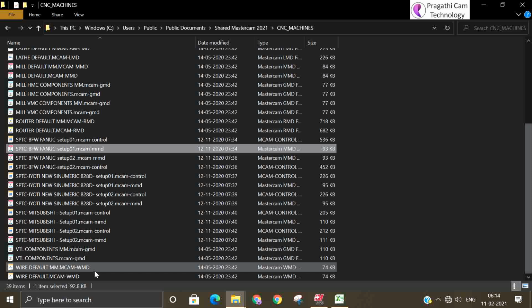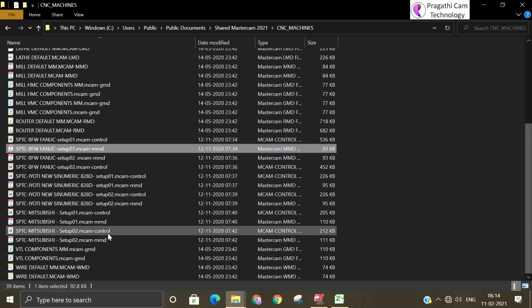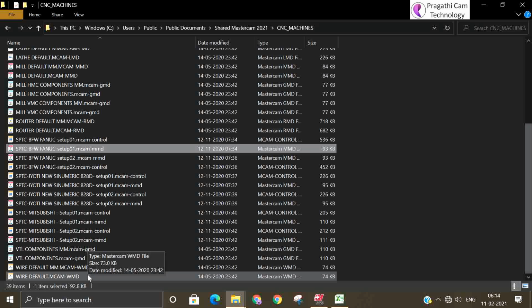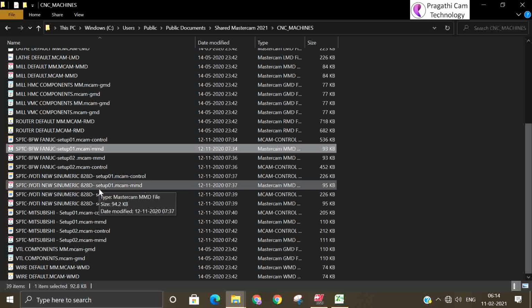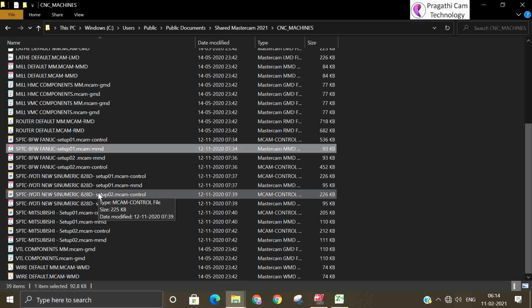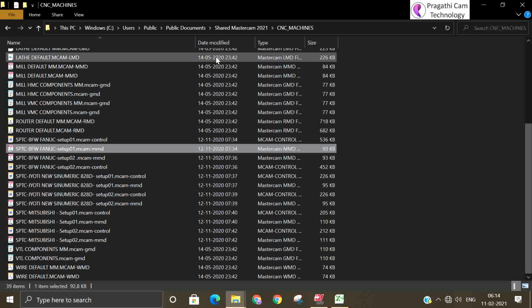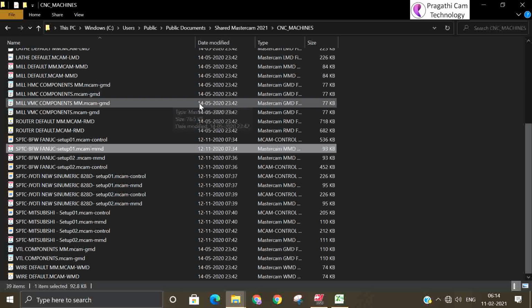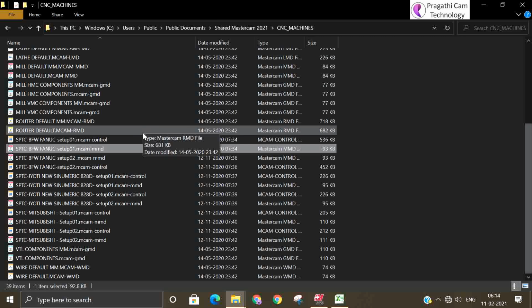But control definition for all is the single .control. There is no change in the control. There is no big difference in the control files in all the machines. For milling it is .control, and even for lathe it is also a .control file.